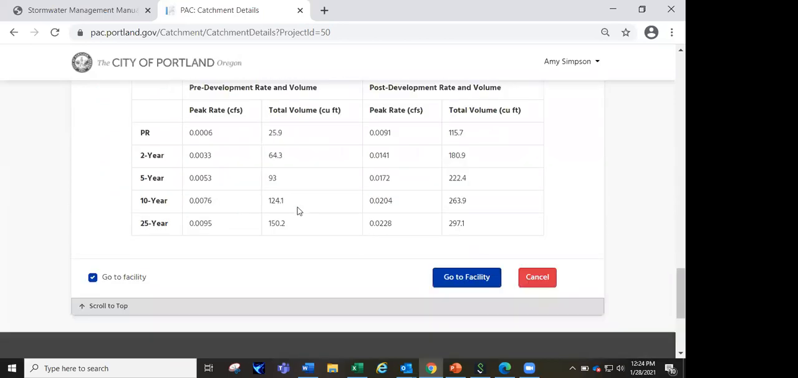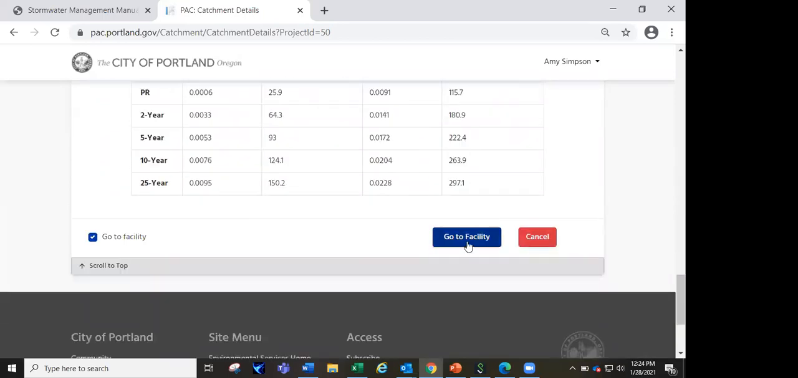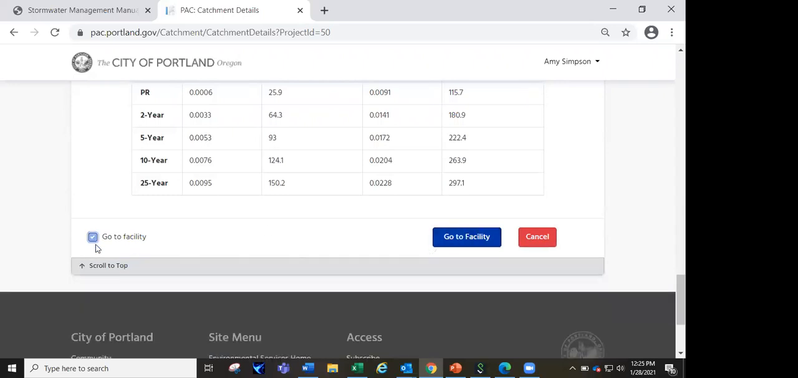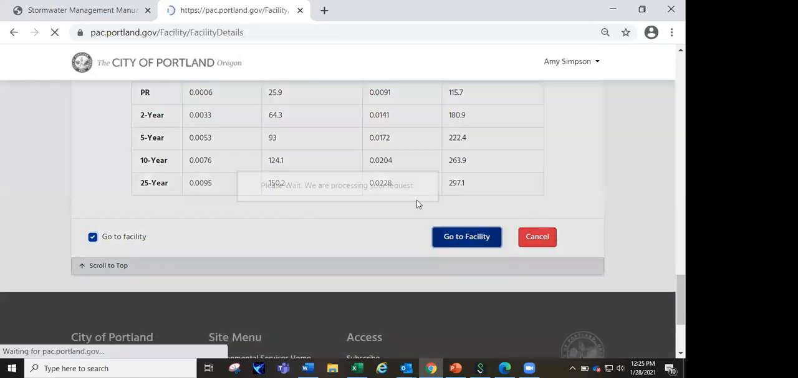And then at the bottom here, this gives you the option to either go to the facility to create a new facility, or you can click this little box here. The default is to have this box checked to say go to the facility. But if you uncheck it, it changes what this button shows, and it allows you to save the catchment without having to go and create a new facility. But note that if you do this, it will save a default planter with the catchment if a facility has not already been created. So I'm going to go ahead and just go to the facility, and we'll look at